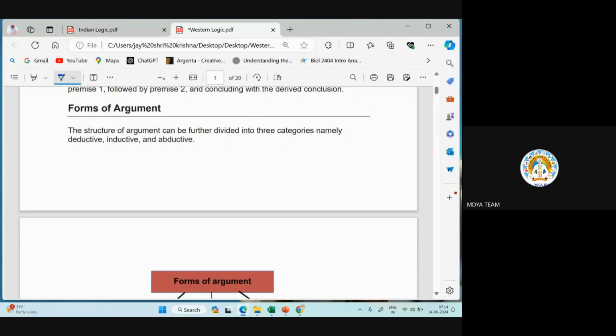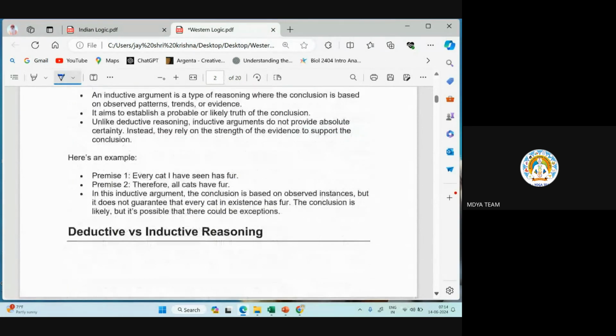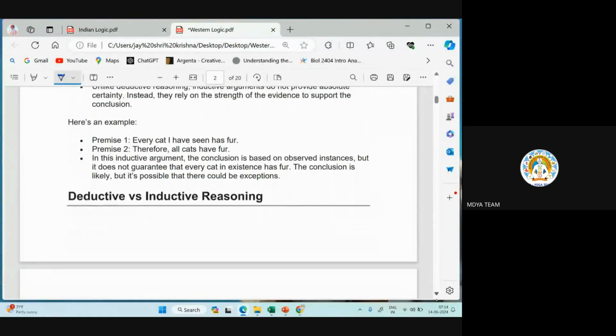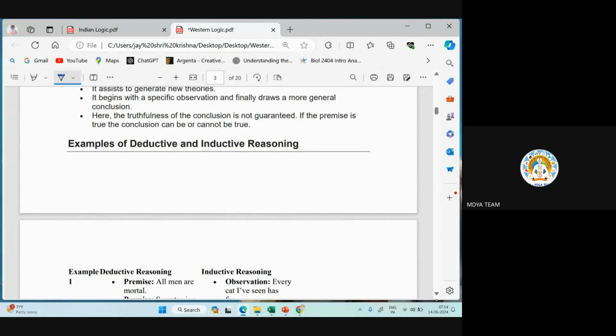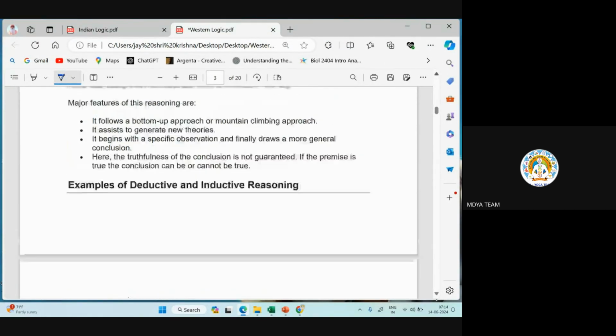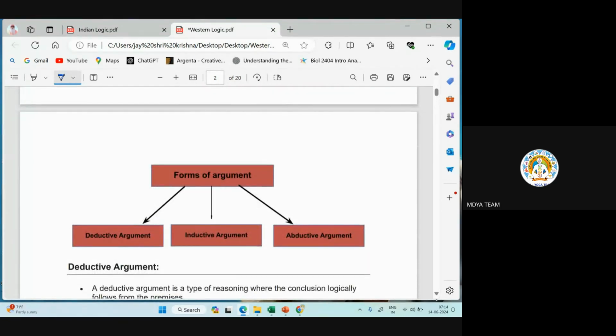Next, three categories of argument. This is very important: deductive argument, inductive argument, and abductive argument. This abductive argument is not of our use. This is not in our syllabus, but this deductive and inductive argument is very important, and it can also